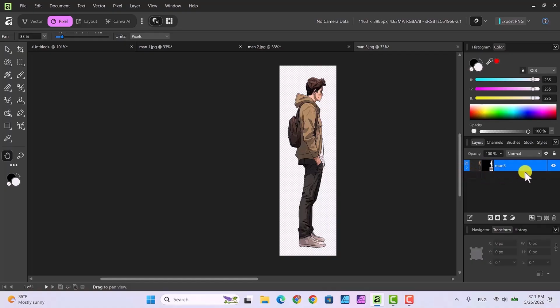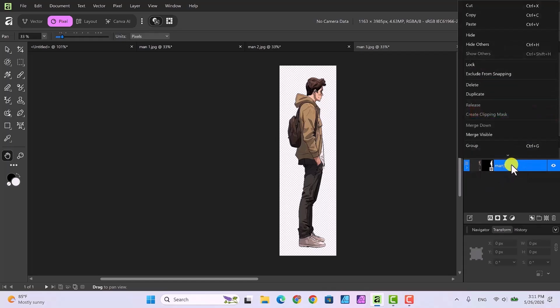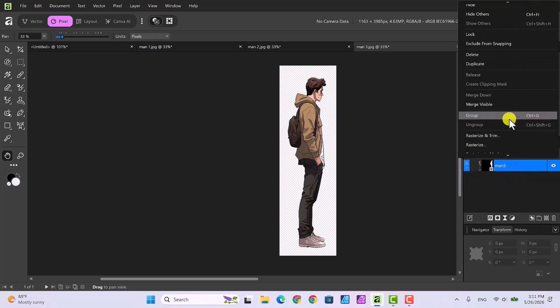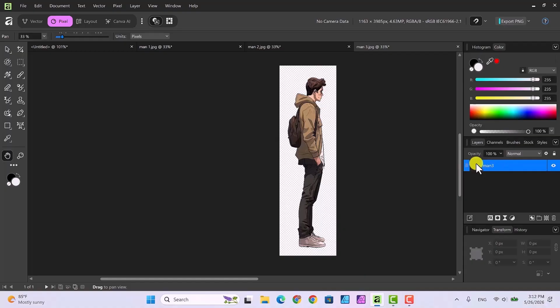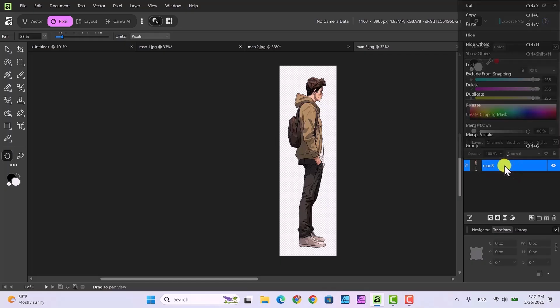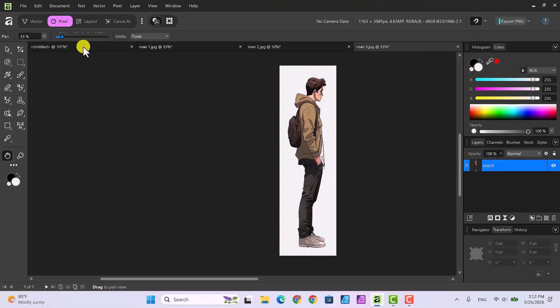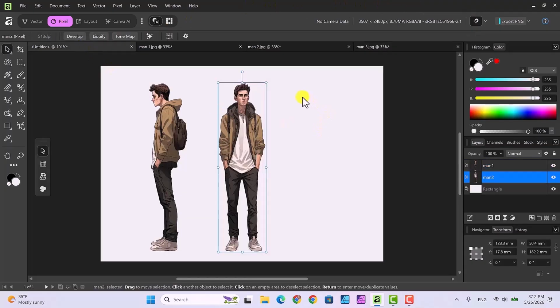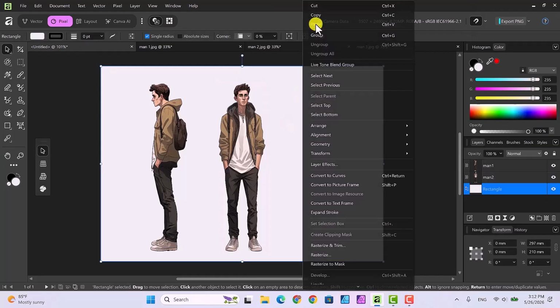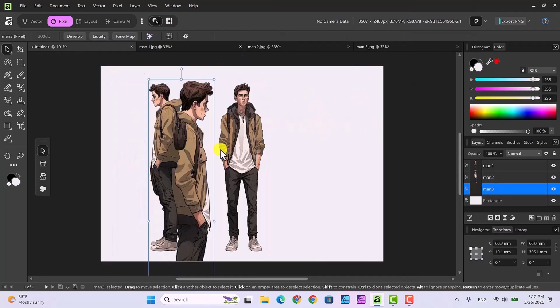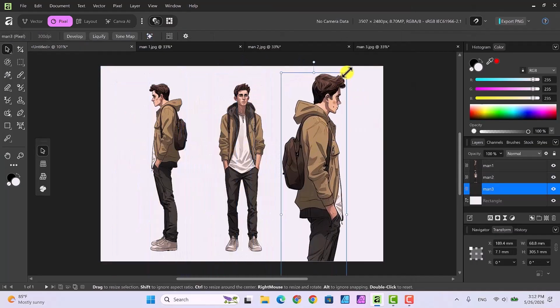So that's why we need to right click it, and now watch what happens when I do rasterize and trim. Here I'm selecting rasterize and trim, and I'm going to click it, and now it's all one thing. So it's completely gotten rid of that cropped area. Okay, so now we can copy this, go over here and right click and then paste and drag him over and resize him